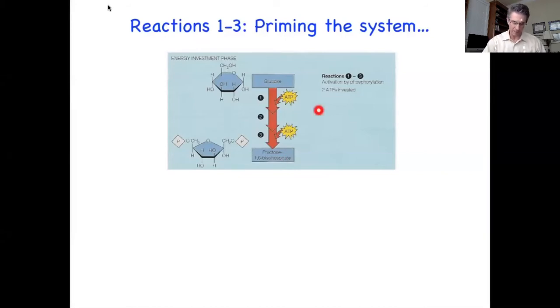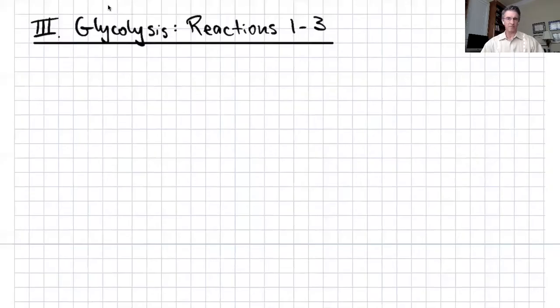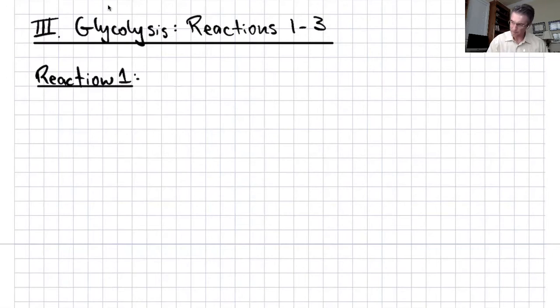We're going to have to put in some ATP to do what I call prime the pump. And we're going to take glucose and we're going to make this diphosphorylated version of it, fructose 1,6-bisphosphate, right? And to do that, we need three basic reactions to get this to go, right? Okay, so let's just start at the top here with the very first reaction, reaction one. Where we're going to take glucose,